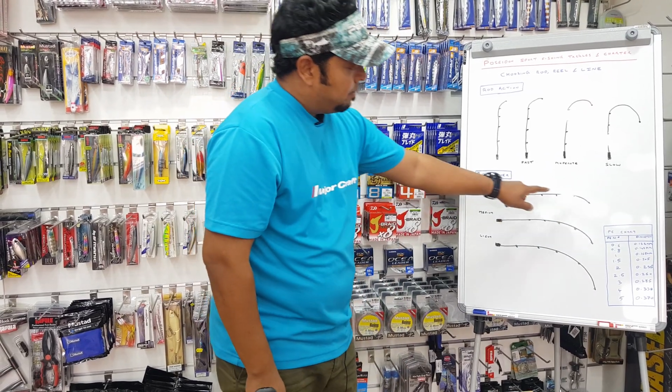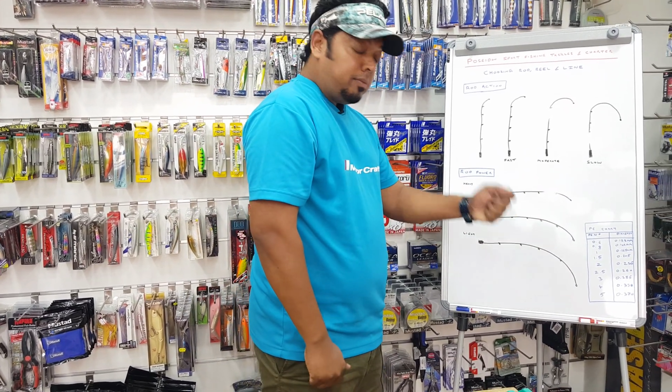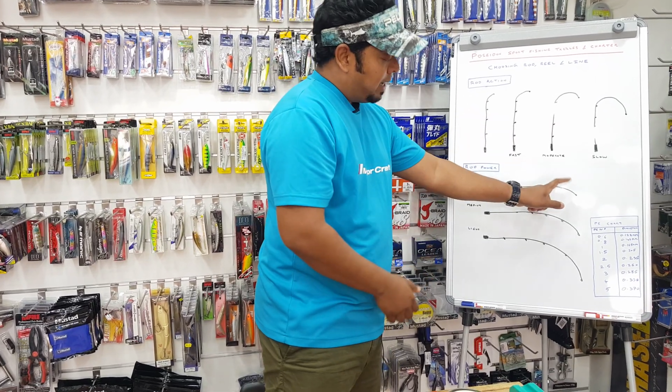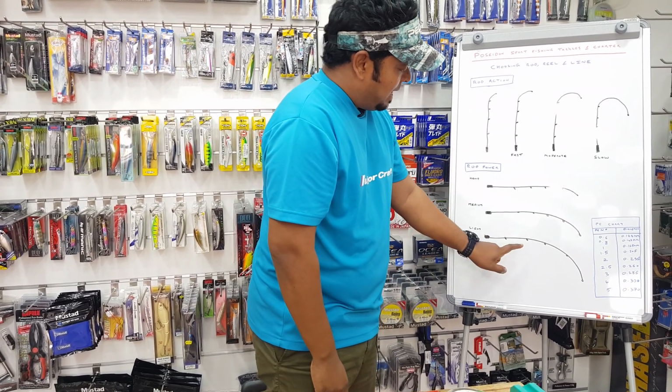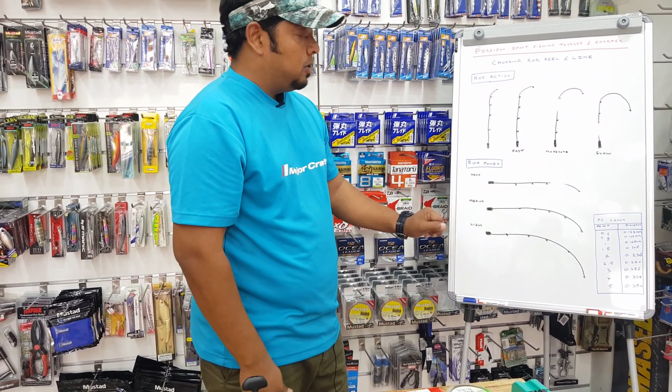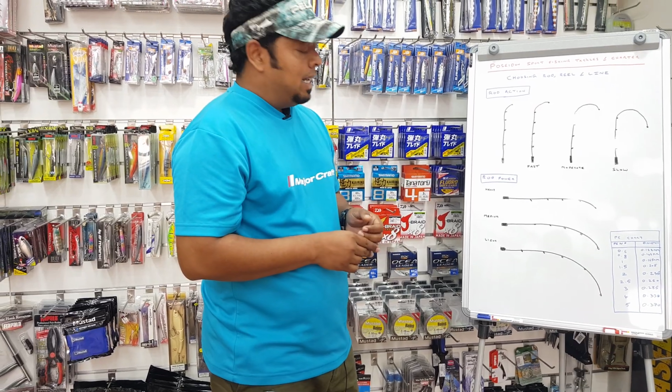So heavy, you need to put more weight and more load for it to actually bend. Medium and light, and probably medium would cover both sides, unless you want to have a heavy rod, and especially when you're